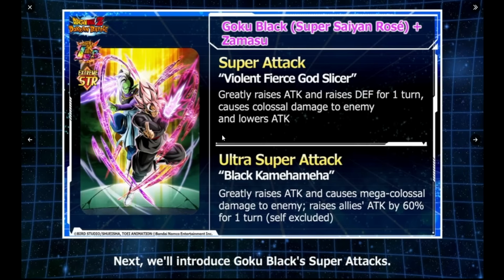Colossal damage to the enemy lowers attack. And then the 18 key, the Black Kamehameha, greatly raises attack, which is the infinite stack. Mega colossal damage and raises allies' attack by 60% for 1 turn. So just like the Goku, 60% buff to allies with his 18 key super, but it's for attack rather than